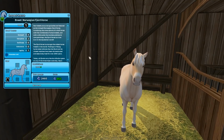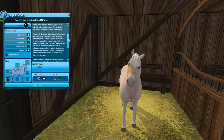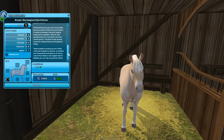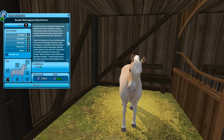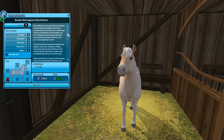So in the efforts to learn a little bit more about each of the Fjord horses and maybe some of the quirks that they might have, I was reading through some really cool facts about them. And I have to say, I'm so interested now to learn more about their history, because these are fantastic horses that are small in size, but they have the power, kind of the muscles of a draft horse. And I loved the description here, the information I am learning about my potential new companion,